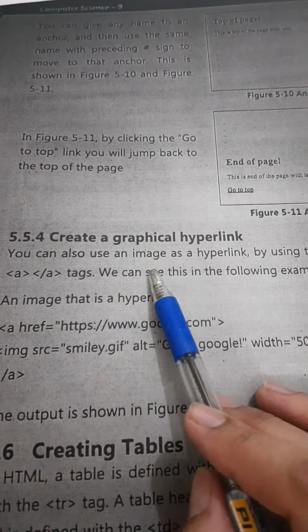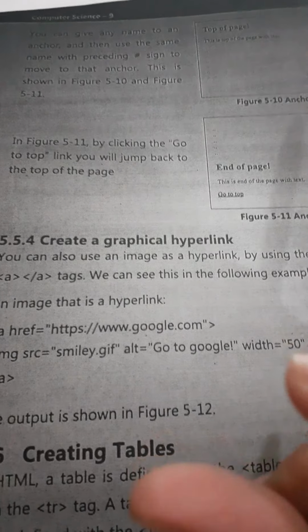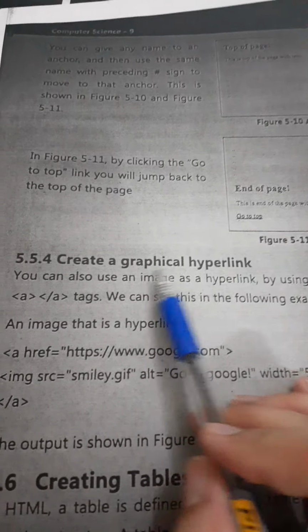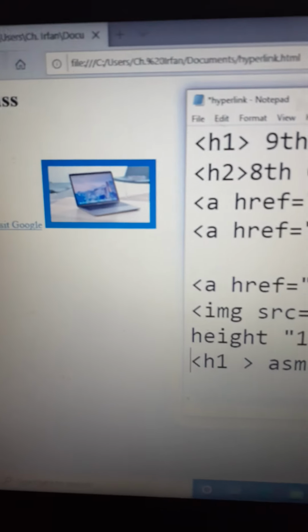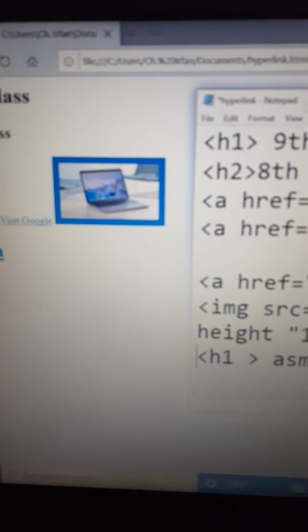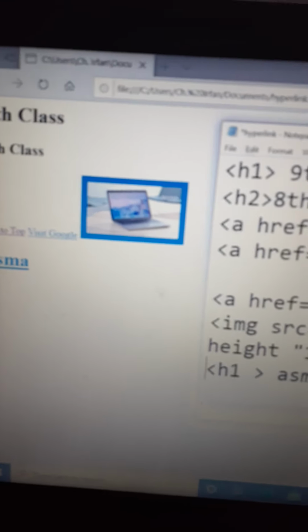Instead of text here you will give an image as a hyperlink. Hyperlink is the image or a text. When you move your pointer on it, it becomes a sign like this. Okay, now